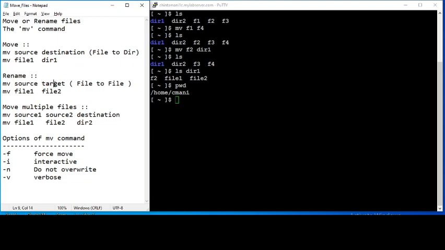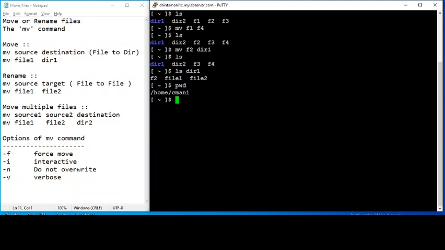Whereas if the second parameter is not a directory, then it is going to rename the existing file with a different name, that is whatever the second argument was. This is how mv works. So mv acts as a move as well as rename. You can move it to a different path also. Currently we are in my home directory, so I am moving it inside the directories inside my home, but you can move it to /tmp, for example. Anybody can write in /tmp, so you can try those commands.